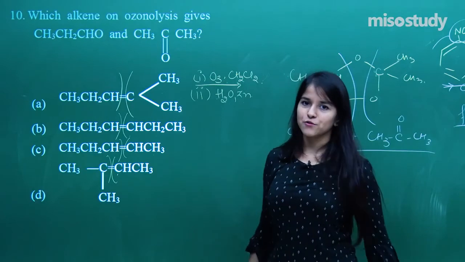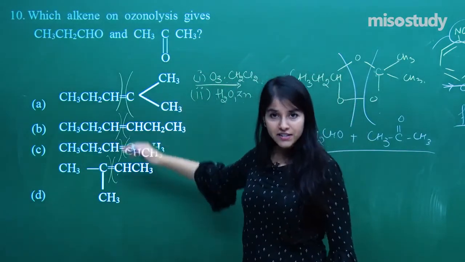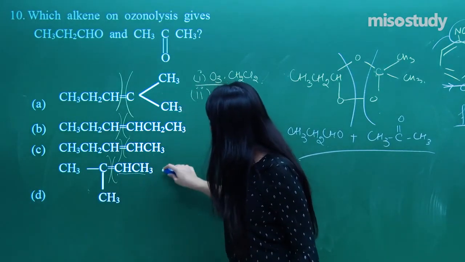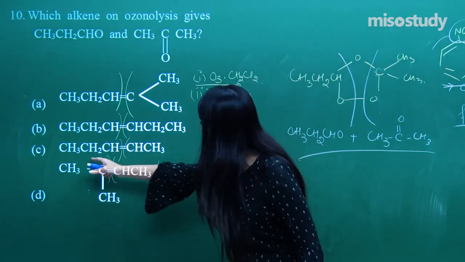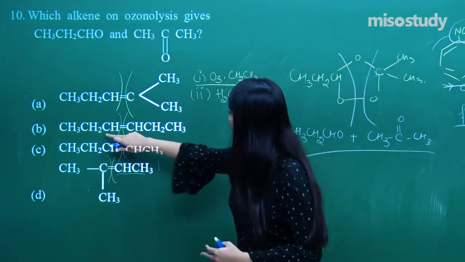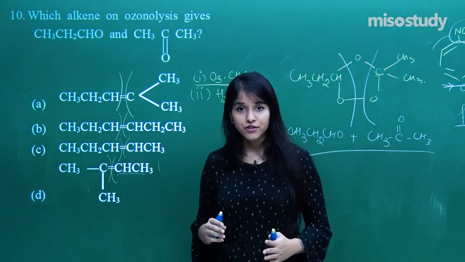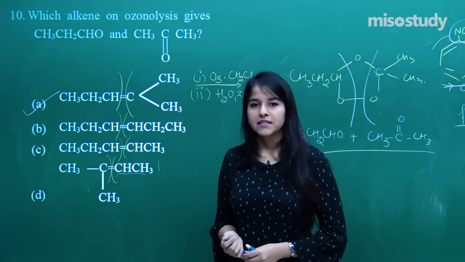Yes, definitely, that is what they want, and a similar procedure will be used to check each and every option. Here also you will get acetone, but over here you get 2 carbons, that is ethanal, a 2-carbon aldehyde. Over here you have got 2 aldehydes, and in this option again 2 aldehydes having 3 carbons each. I hope you all have got it. This answer is the right one.